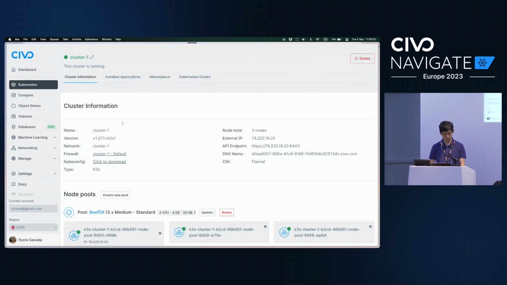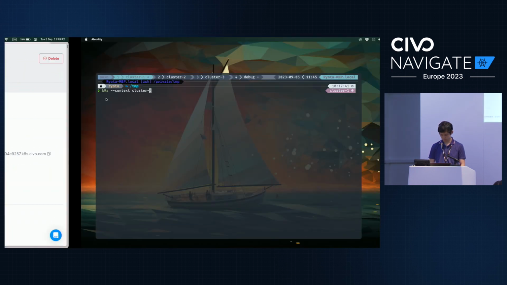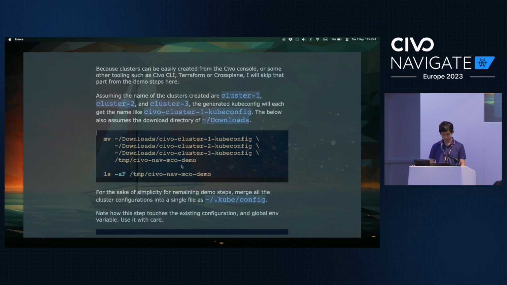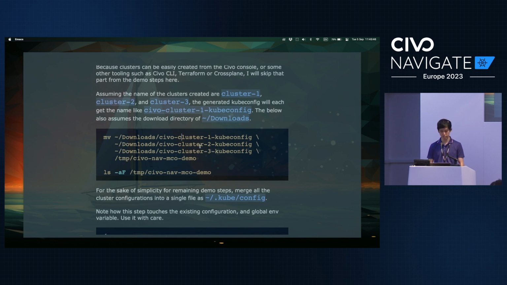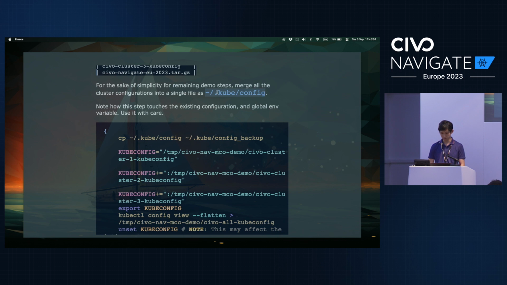the web console. And Civo cluster 1 is finally up. So I'm just going to click to download the kubeconfig. I think I have already downloaded the other clusters. I'm assuming the clusters are named cluster 1, 2, 3, and I'm going to move them over to my temp directory. Everything is available now, and I'm going to set up the kubeconfig.